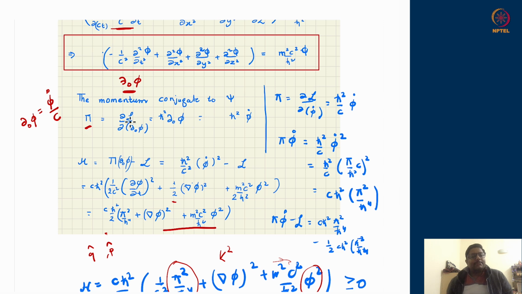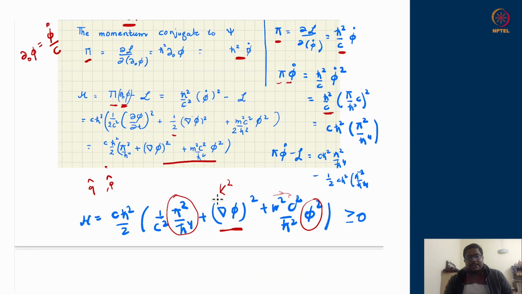So if I define my pi as a conjugate momentum with respect to phi dot, that means I trade phi dot rather than del 0 phi, then I will pick up extra c factors here and there. For example, with respect to del 0 phi, there was no c here, but if I define my conjugate momenta by the Legendre exchange of phi dot, I will end up getting an extra c factor. Therefore pi with phi dot, compared to what we computed previously, where we had taken pi with del 0 phi, will again have an extra c factor compared to the previous case.